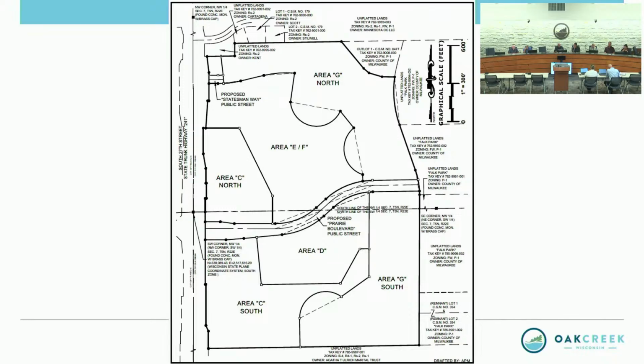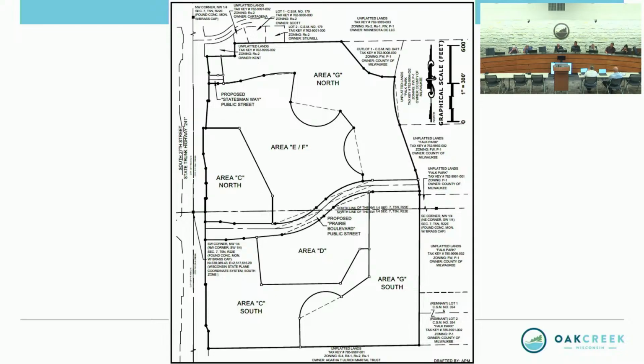So to recap, the Prairie project, a pretty complex project, was before the Plan Commission at the end of July. And then a public hearing is scheduled for all 10 of those agenda items, if you may recall, on September 2nd.